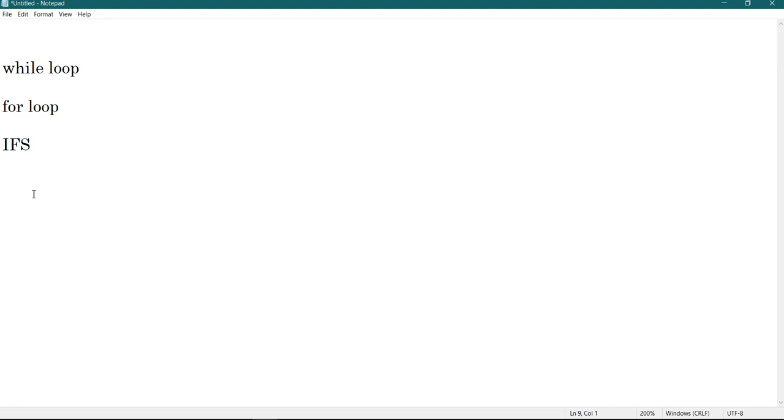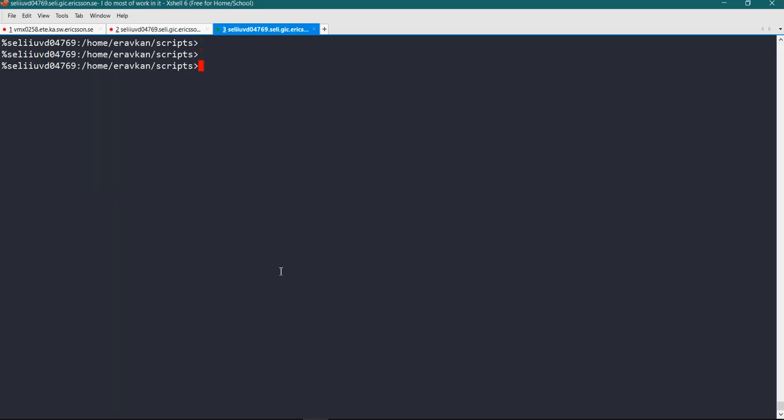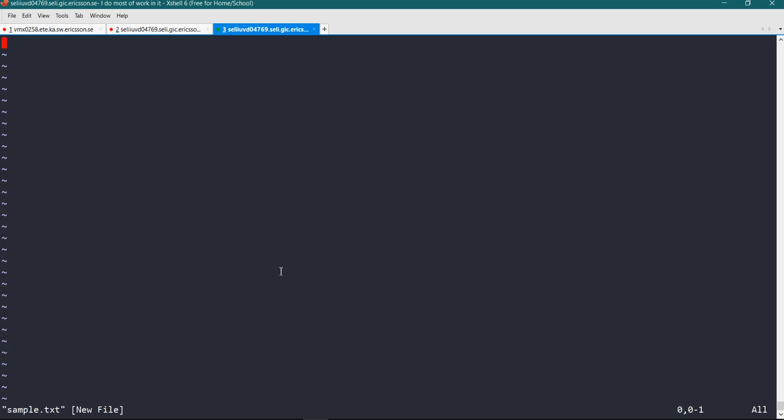So okay, let's go to terminal. So suppose I have a file, sample.txt is my file, and suppose I have field 1, field 2, and then field 3. They are f1, f2.